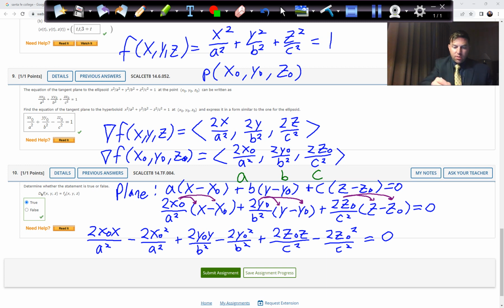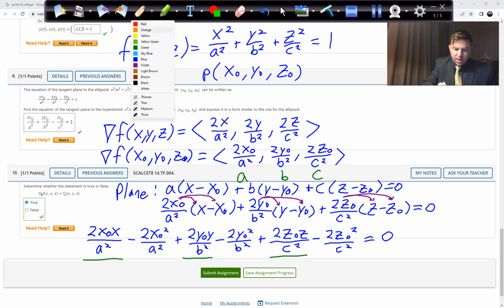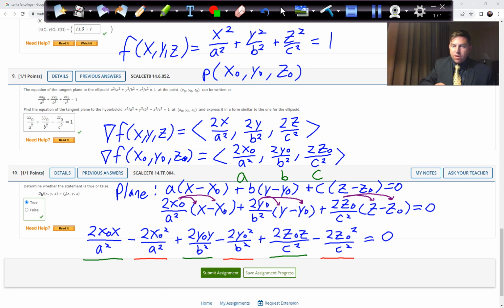Okay, now, boy, this is a heck of a problem. We're going to group things, so anything with an x, y, or a z, we're going to keep on the left. Anything with x0 squared, y0 squared, z0 squared, we're going to move to the right. So we're going to get a room. We're going to get